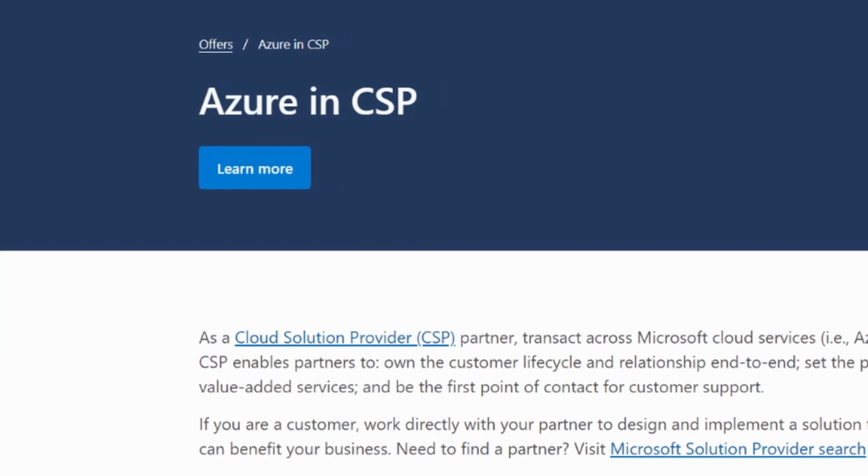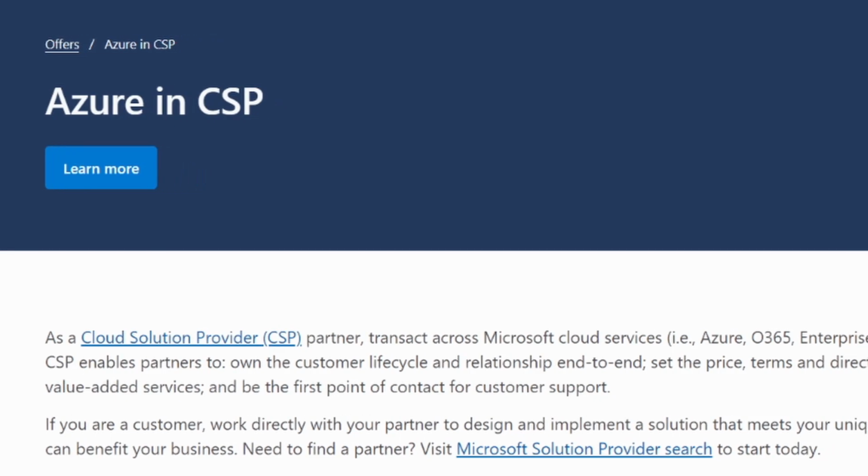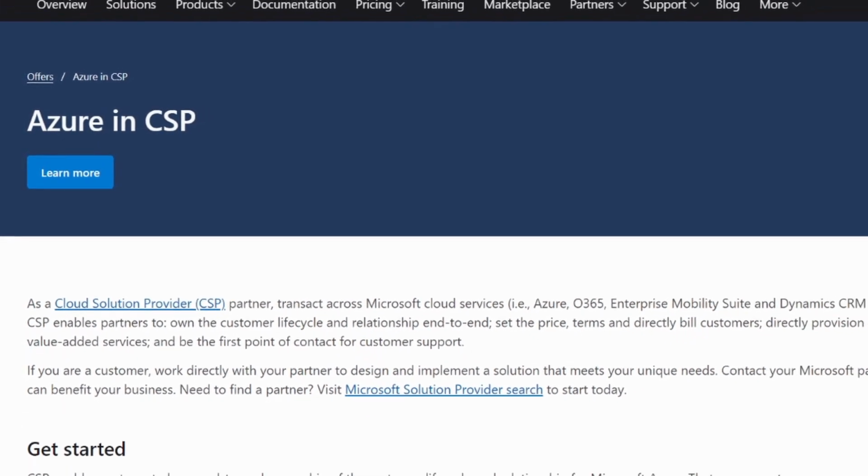A benefit of this kind of an arrangement is that you can have your Azure consumption billed on the same invoice as your Microsoft 365 licenses if you use your same partner for both. And depending on your partner, you might not be required to have a credit card to sign up. You can just go to your partner and say, hey, I want an Azure subscription, and they'll say, here, go nuts. A little drawback is that you lose a bit of transparency and clarity around costs and prices within the